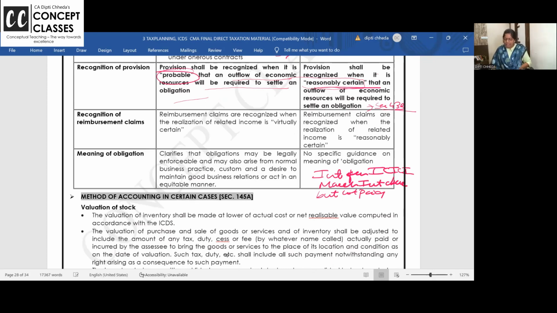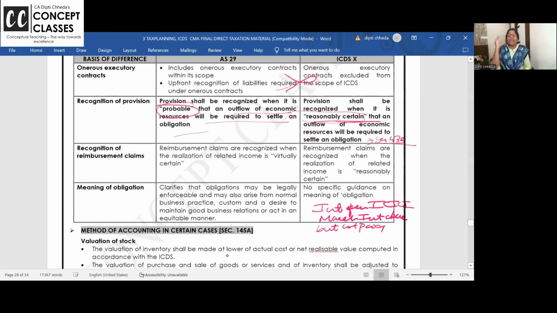Interest from ICICI Bank, I have to pay 1 lakh rupees. If I pay, interest account debit to bank. If I don't pay, interest account debit to outstanding. So section 43B says GST and interest. There are some expenses. If you make it due in March, you should pay it before the due date of filing the return. Otherwise, that expense is disallowed.